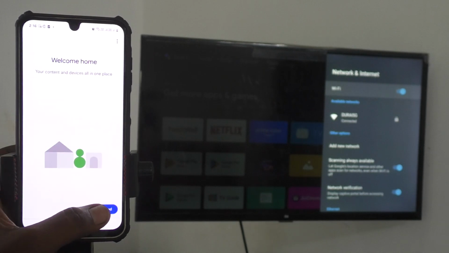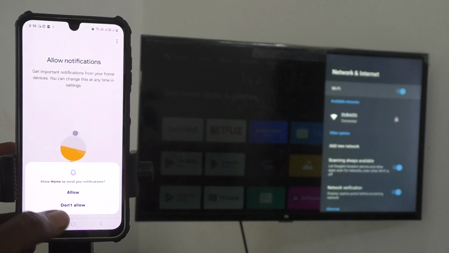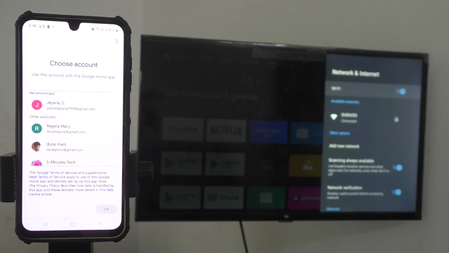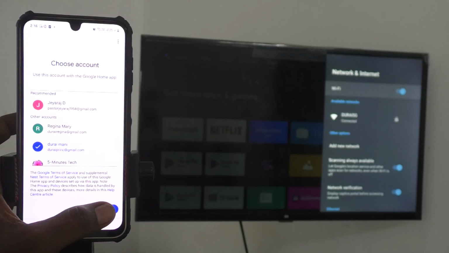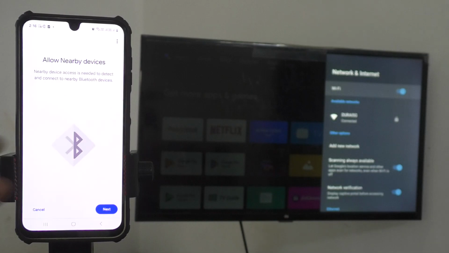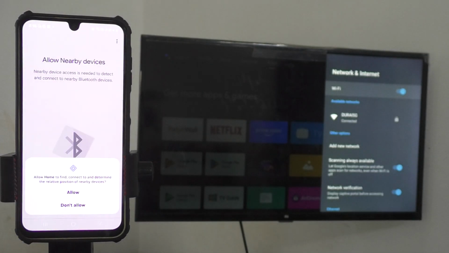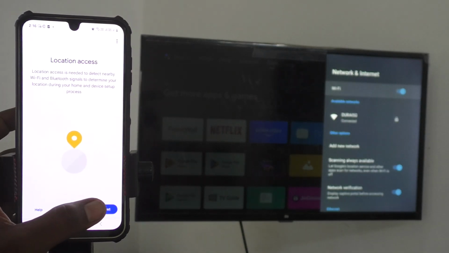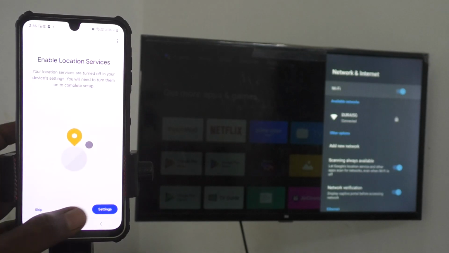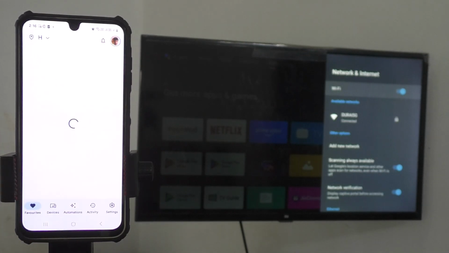the on-screen instructions. Click on Get Started and click on Next. Give permissions and select the email ID here. The same email ID should be used. So whatever email ID you have used on your TV, that email ID should be selected here. Yes, this is the email ID I have used on my TV. I have selected it and click on Next. If you select any other email ID, it will not work. So make sure that you select the same email ID for the Google Home app and also on your TV. Then go to Allow and give permissions, and click on Skip here because